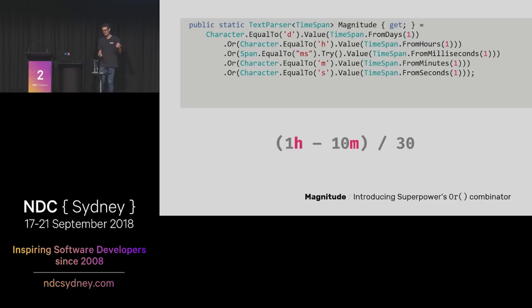Okay, so when we want to parse 10 minutes, we just need to find the minutes bit, and then we'll multiply that by 10 to get 10 minutes. Written here, it's quite verbose, and being a program, it could be refactored. I haven't done that just because I think the structure is nice and clear. And if you read your way through it, you can see that we'll try to match a character D, and if that matches, the value is 1 day. Or we'll try to match the character H, and that'll be the value of an hour.